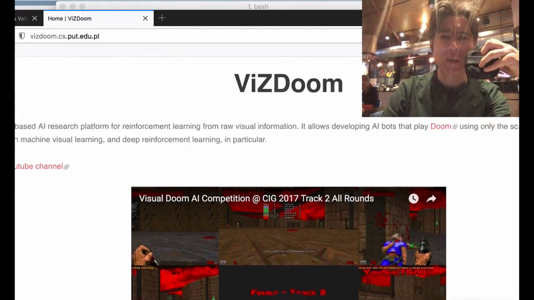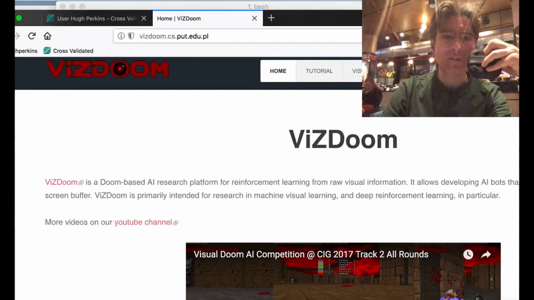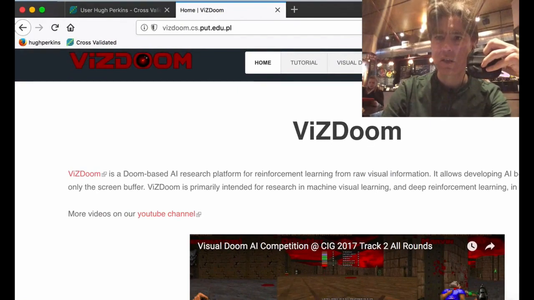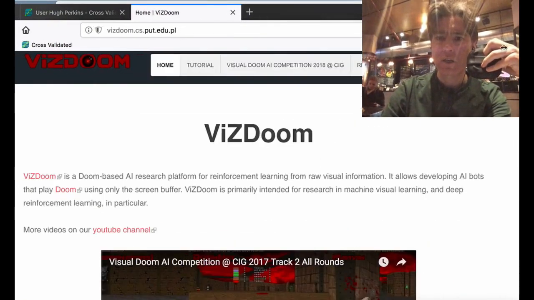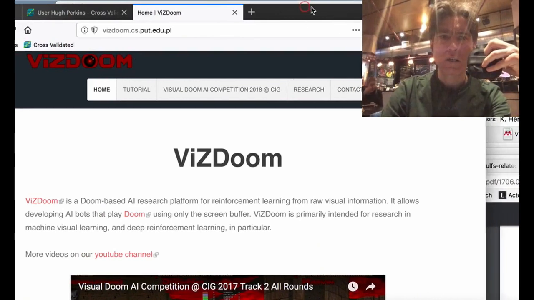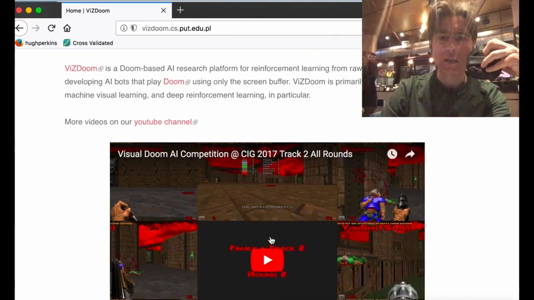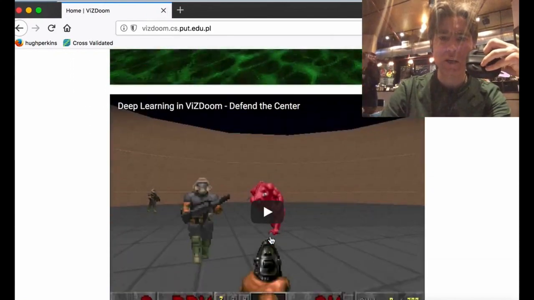So the steps that we will need to do. There's a website, which is the VizDoom website, which is on the screen, but let's just resize that somewhat. The website is vizdoom.cs.put.edu.pl.